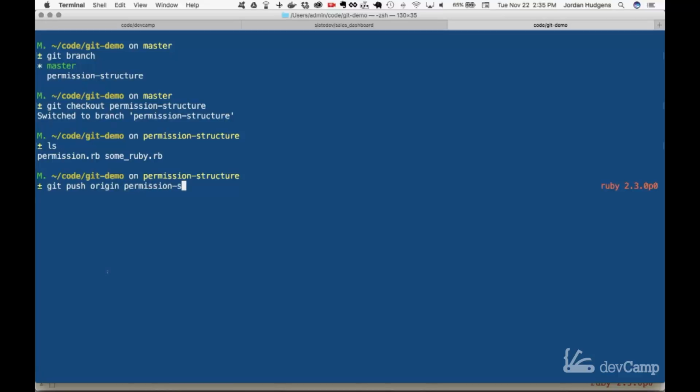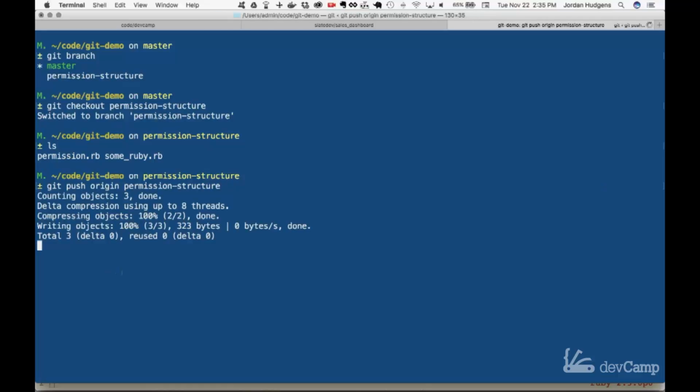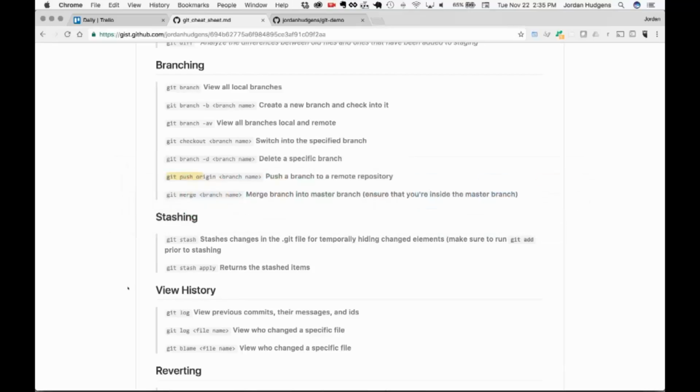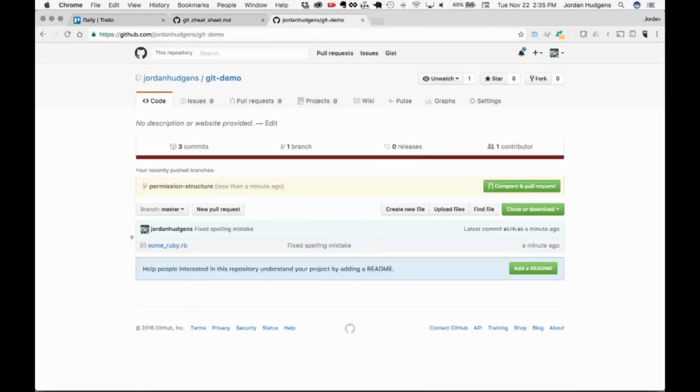So in this case, it's permission structure. And if we do this, then this is going to push our branch up, but it's still not merged. Right now, as you can see, GitHub auto updates in the background. So you can see that our permission structure branch is now here and it's ready to review. And what we can do is this gets us into the next stage of using Git, which is to create